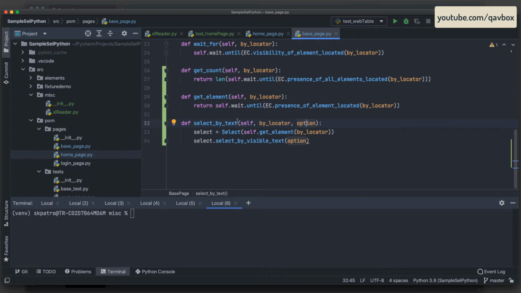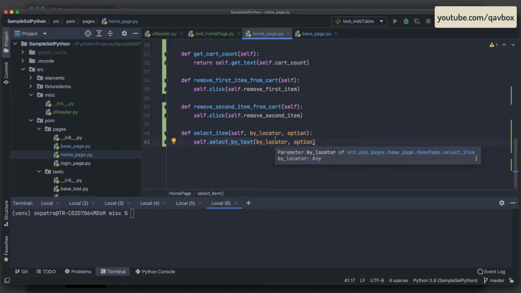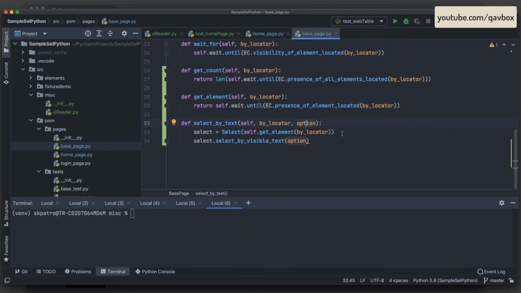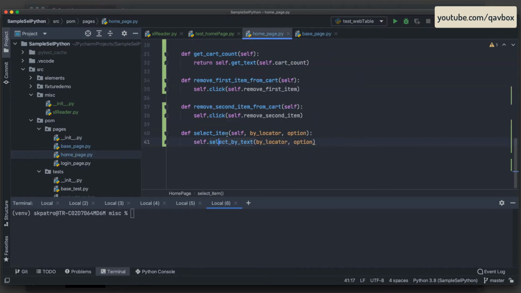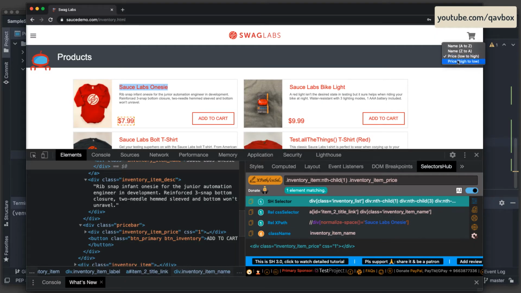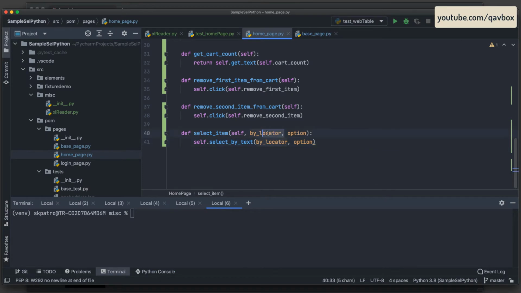Now you might say these two parameters are basically the same as in the home page only, but the thing is that I am reducing these lines of code, identifying the element and select equal to select. I don't want to do it every time. So whenever you want to select something, you just need to call this particular method only. Fine, that much. Even what I can do, for this home page, there is only one item only. Like if you see, there is only one drop down only. Even I can avoid this one also,